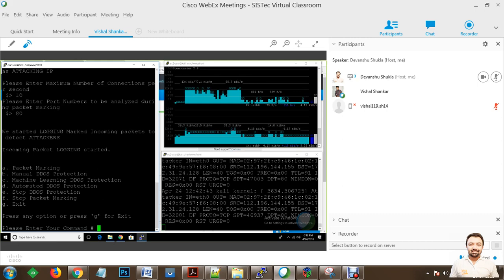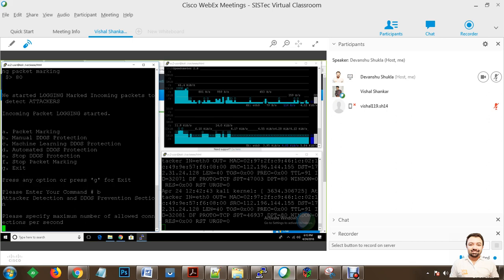But this approach is quite limited and it is not optimal, because the traffic behavior may vary during daytime and during night time, and genuine users may be affected due to this custom thresholding which a user has set. But we would like to show you the currently available security protection scenario. The current security protection can be done using option B, where you set option B and press enter. In this, you have to specify the maximum number of allowed connections per second.